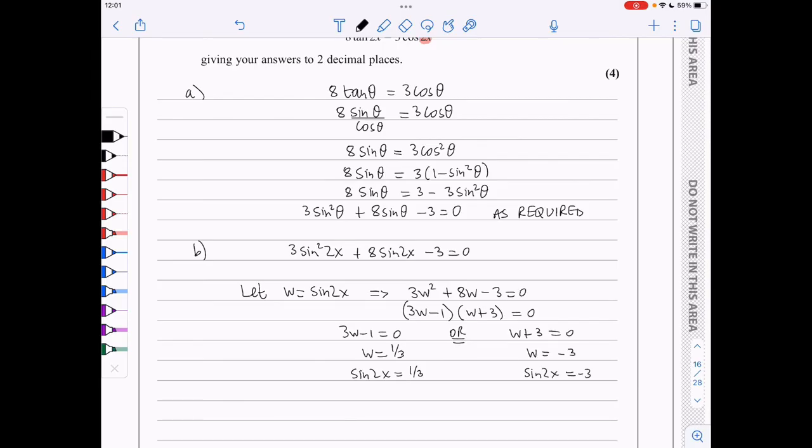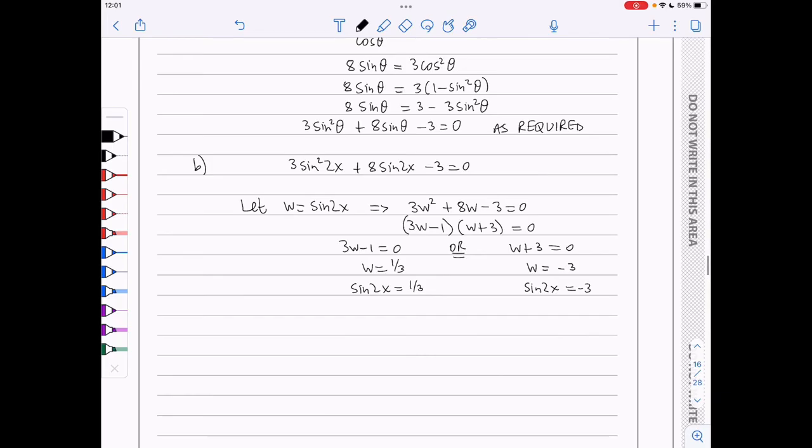Now for sine 2x being negative 3, obviously we've got no solutions, we reject, it's not valid, because sine of any angle will attain values between minus 1 and 1. Minus 3 is not attainable, so no solutions on that branch. But for sine of 2x being a third, we can generate the principal value. The principal value is inverse sine of a third, which is